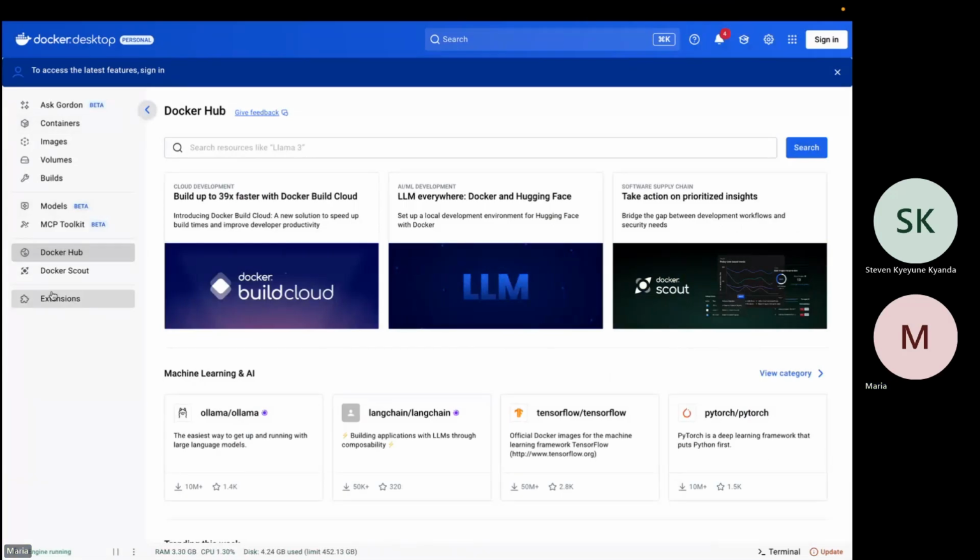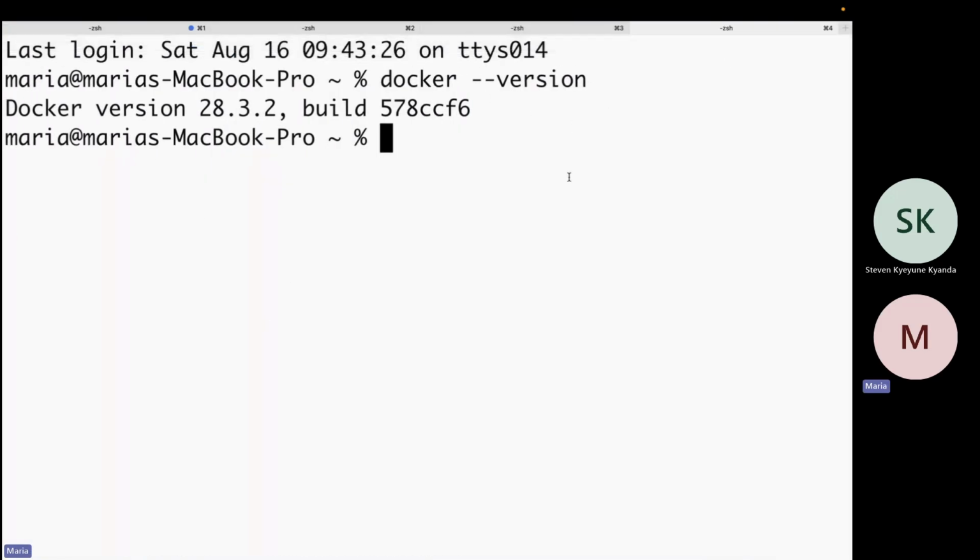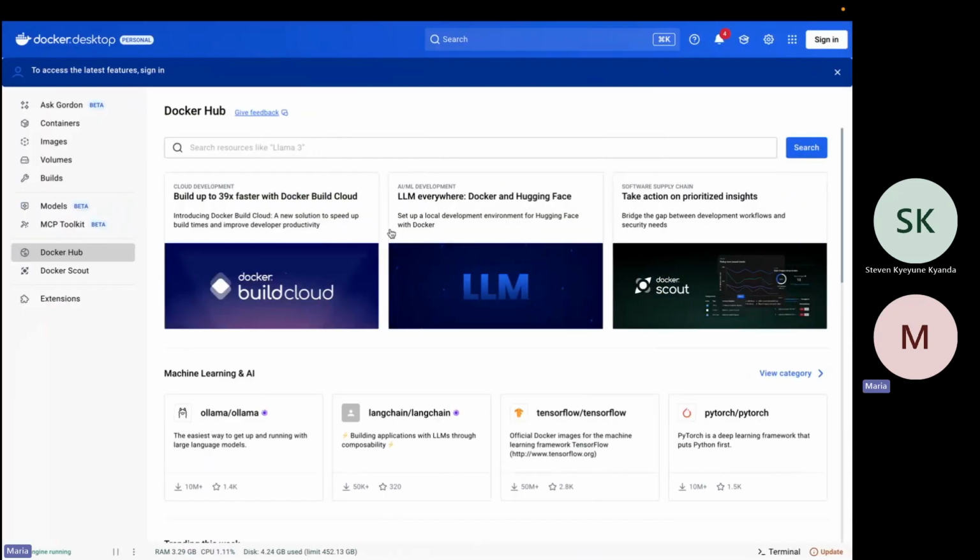So the Docker desktop is a way to simplify Docker for people who would not want to use the command line. So you can talk to the Docker engine in 2 ways. You can talk to the Docker engine via the Docker desktop, or you could talk to the Docker engine via the CLI, as we've seen with docker --version.